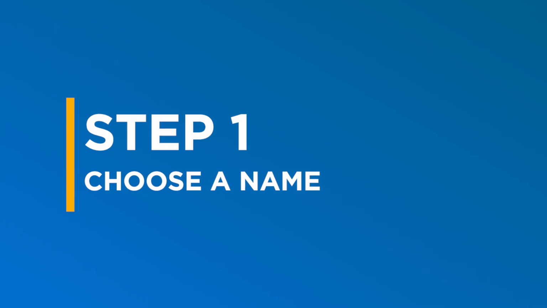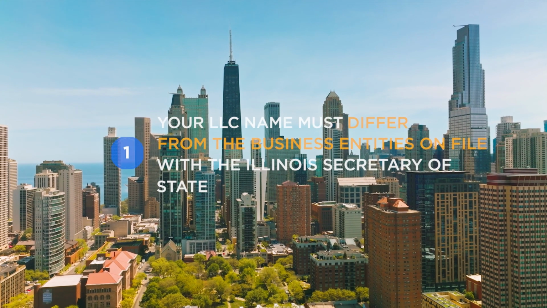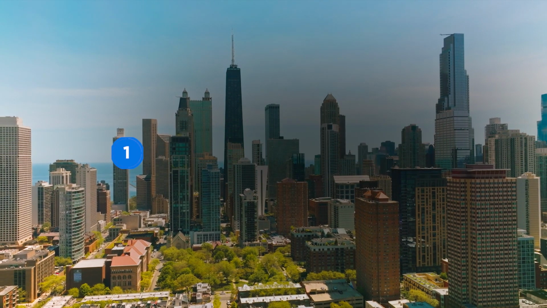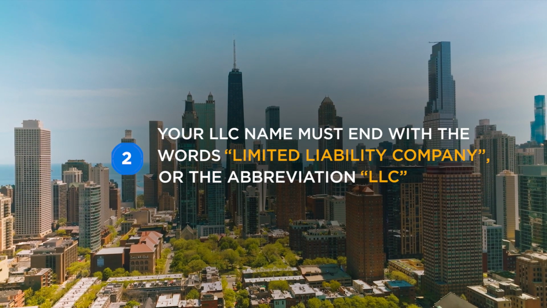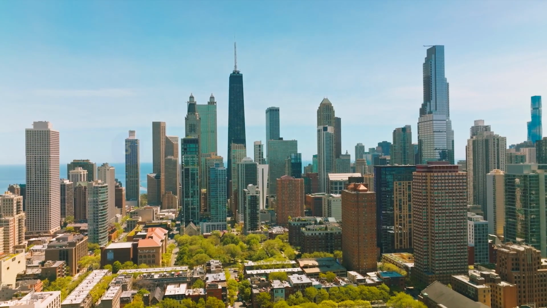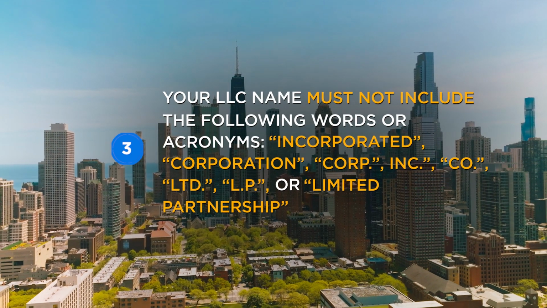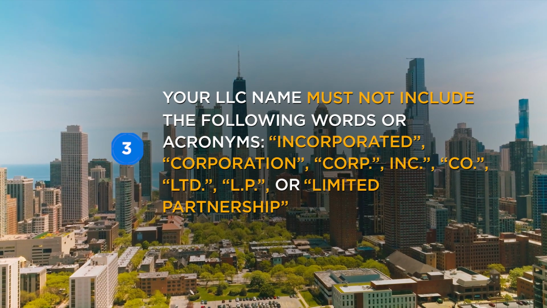The first step in forming an LLC is to select a name. There are 3 major guidelines to follow when naming your LLC in Illinois. 1. Your name must differ from the business entities on file with the Illinois Secretary of State. 2. Your name must end with the words Limited Liability Company or the abbreviation LLC. 3. Your LLC's name must not include the following words or acronyms: Incorporated, Corporation, Corp, Inc., Co., Ltd., LP, or